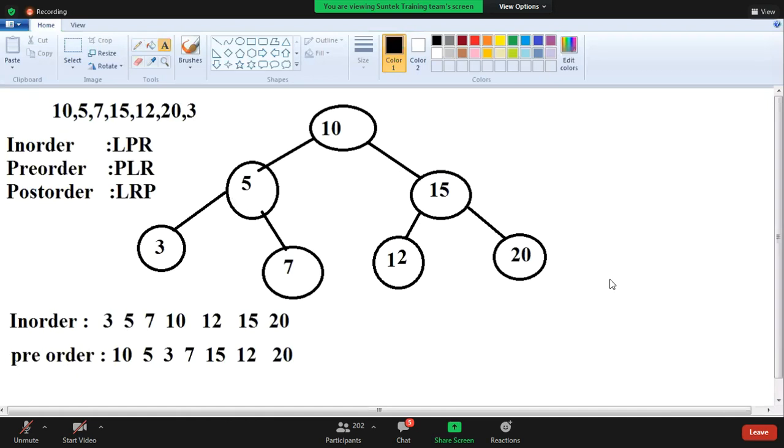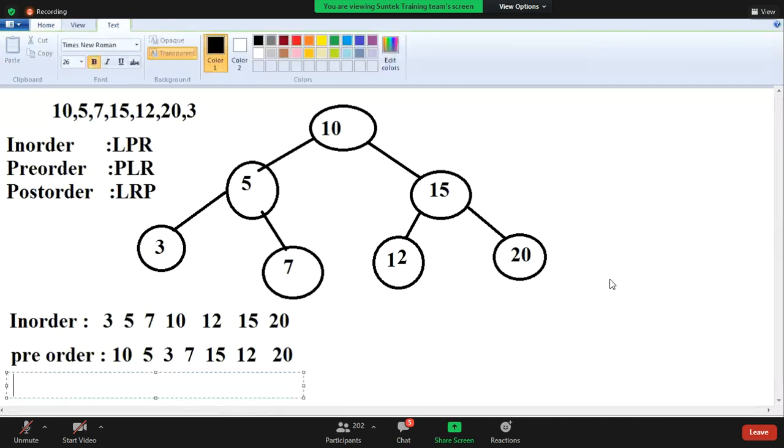Okay, now post-order, guys. What is post-order? We write post-order also. Post-order means left, right, parent. First 10's left is the left subtree and right is the right subtree.